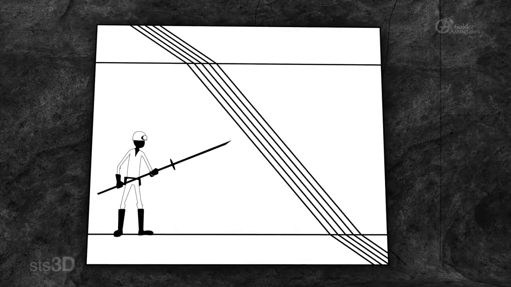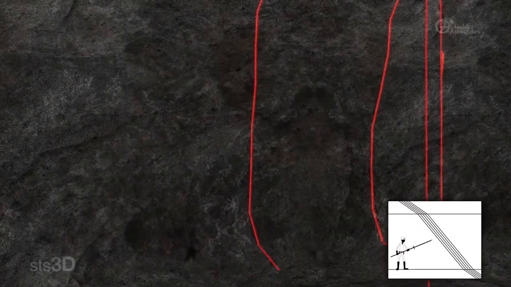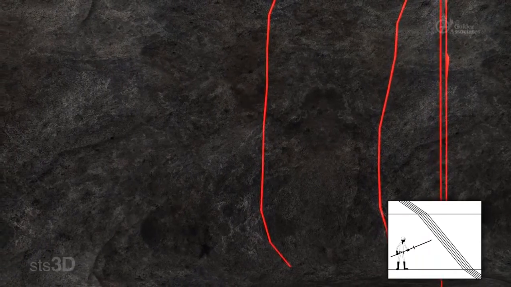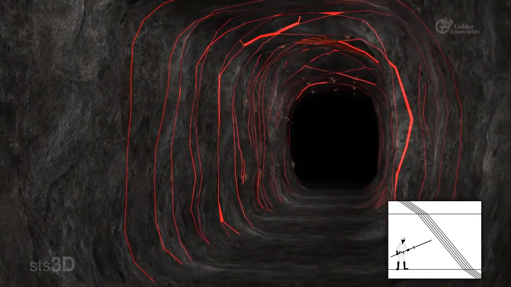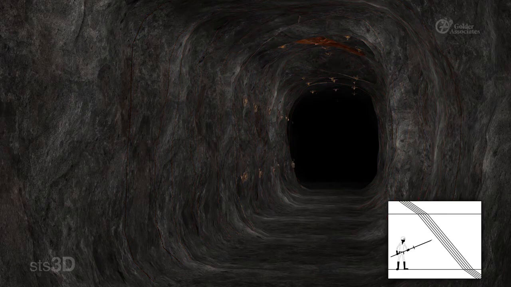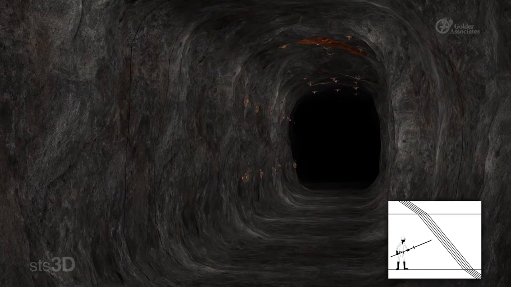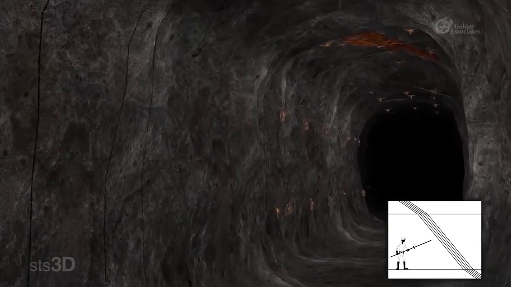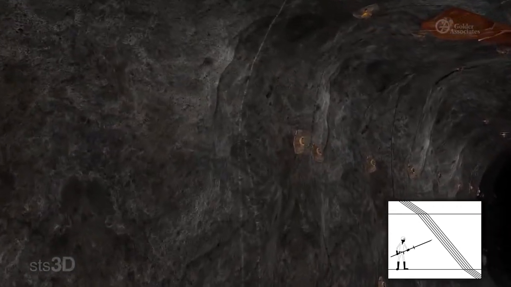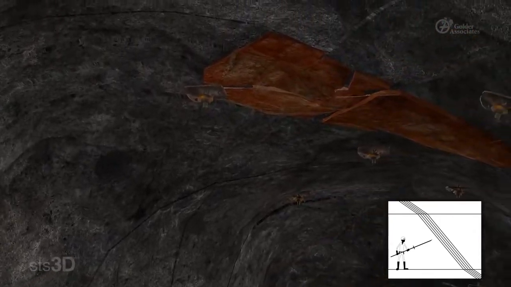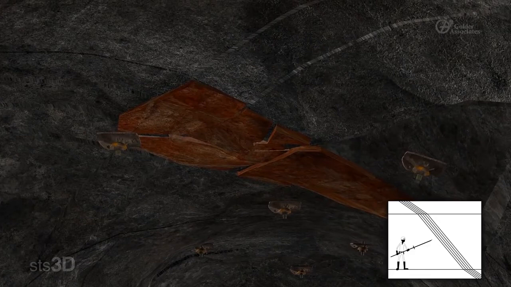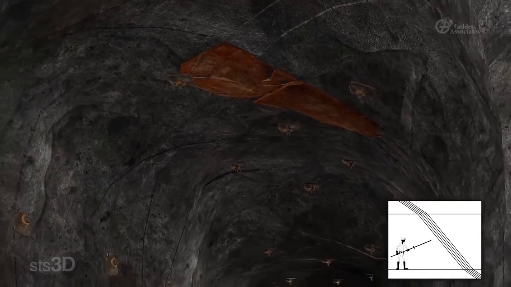Joints and joint infillings. A joint is a break in the rock which separates the continuous rock mass. We often say that joints are planar features, which means that they are formed along a joint plane. There is no movement of rock on either side of a joint plane. Joint sets are groups of joints that have the same or similar dip and dip directions. Look at how these joints extend into the roof. Blocky ground is sometimes formed when joints intersect. When barring, look for loose blocks formed by joints and sound them to see if they need to be barred